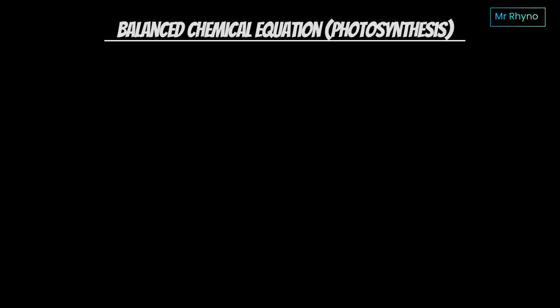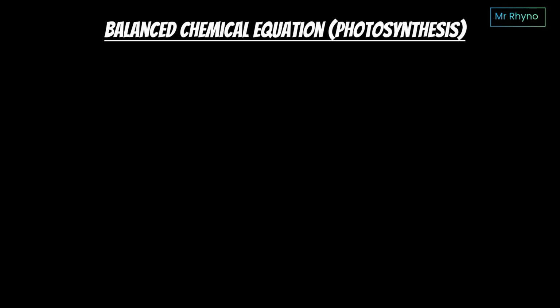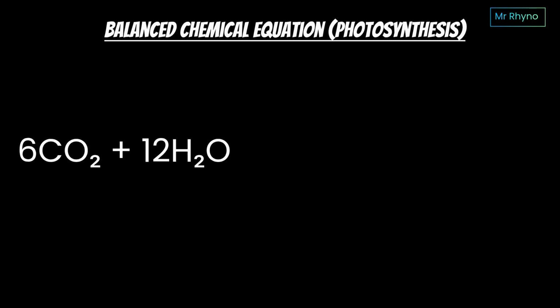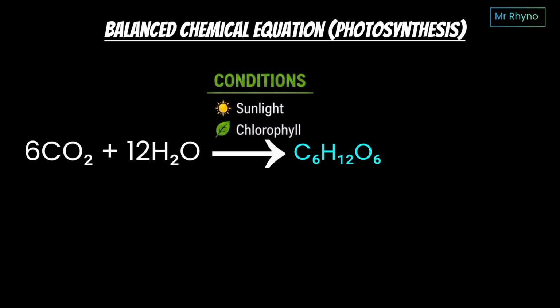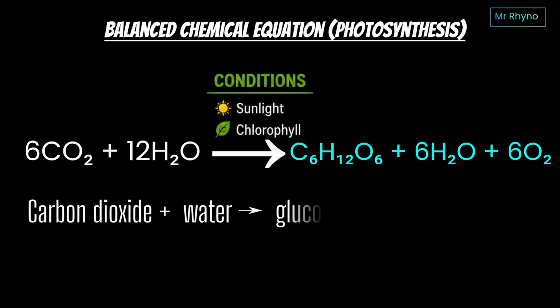Now, having known those conditions, let us look at the balanced chemical equation, and you must memorize this for board exams. The equation is 6CO2 plus 12H2O in the presence of sunlight and chlorophyll to get C6H12O6 plus 6H2O plus 6O2. In simple words, this is carbon dioxide plus water in the presence of sunlight and chlorophyll to get glucose plus